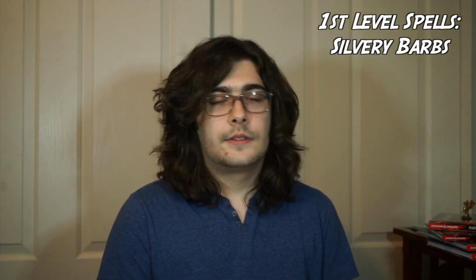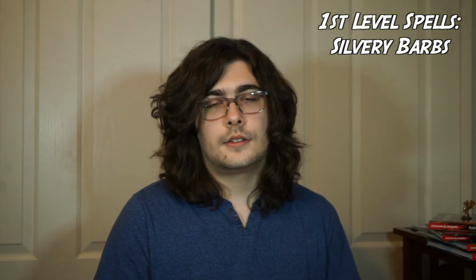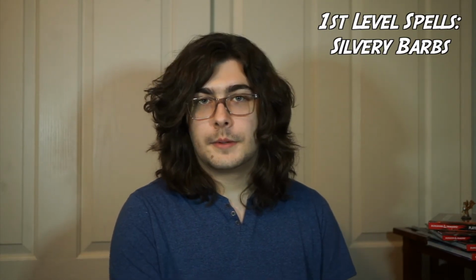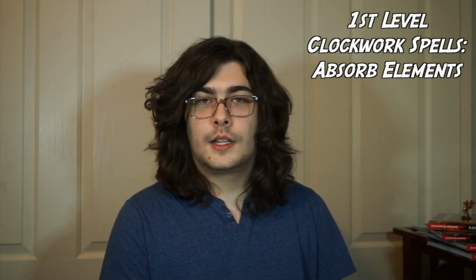And the only first level spell I'm going to recommend here is Silvery Barbs. For the other, you can just pick whatever you'd like, but I really think this is good to help our horse knock our target prone, or to make them fail the save of Hold Person, or other spells in the future. And for our Clockwork spells, I would swap Protection from Good and Evil for Absorb Elements at this level,